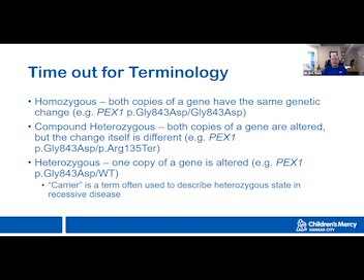Whereas if we say heterozygous, it's only one copy of the gene that is altered. In this case, with the term that I've used, I've identified the variant, and I've used the term WT for wild type. Now, wild type is arguably controversial in humans, because there's really no such thing as a wild type human, but it's something we sometimes use when we want to express that a person has a normal allele, or a normal genetic state at that position in the gene code. And carrier is a term that we will sometimes use to describe the heterozygous state in a recessive